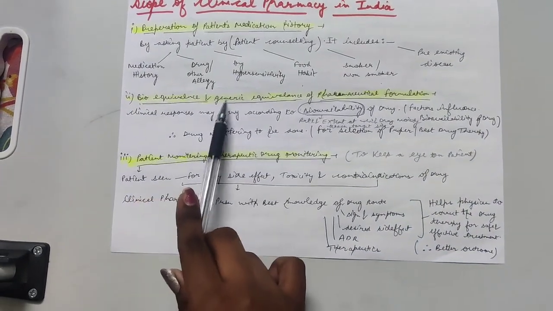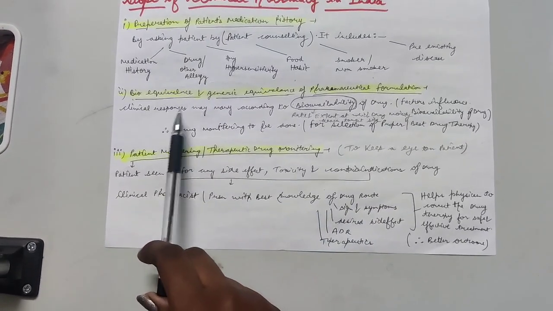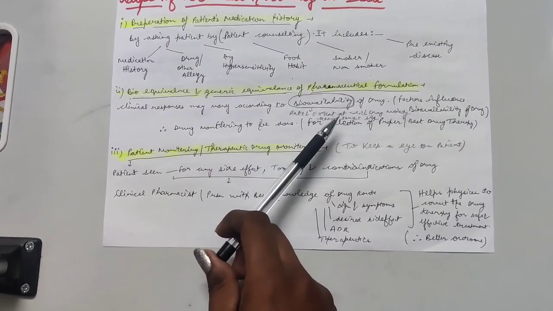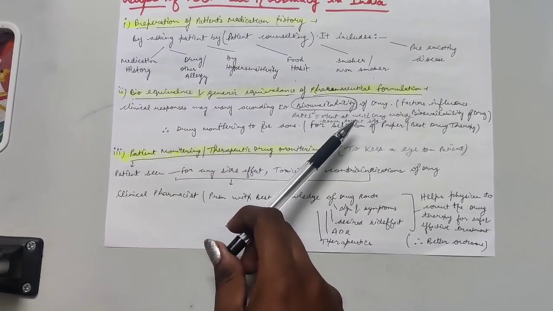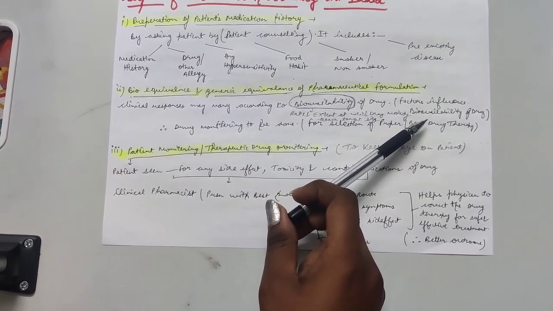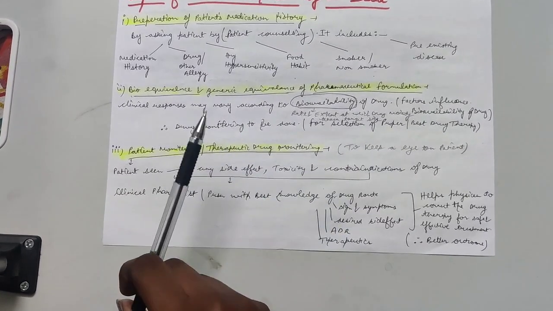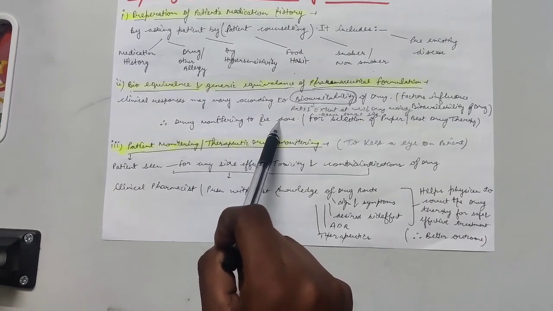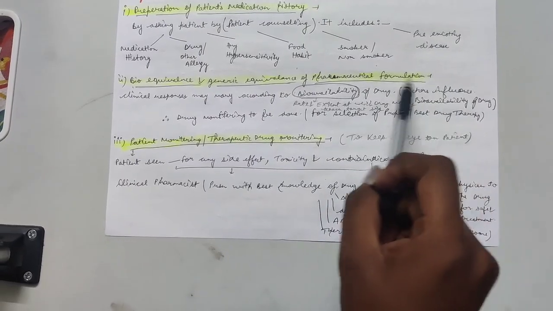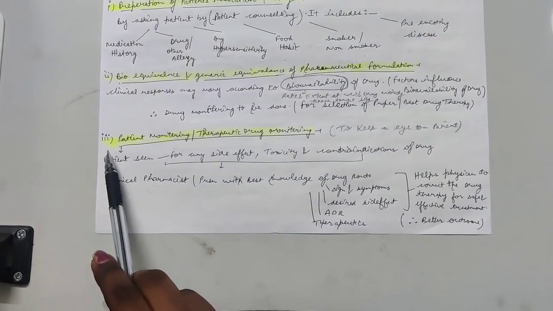Second, bioequivalence and generic equivalence of pharmaceutical formulation. Clinical responses may differ according to the bioavailability. Bioavailability is the rate and extent at which a drug reaches the target site. Many factors influence the bioavailability of the drug, and every drug has a different bioavailability and bioequivalence. Therefore, monitoring of every drug should be done on a daily basis. For selection of the proper and best drug therapy, the drug should be selected according to its bioavailability and bioequivalence. Third, patient